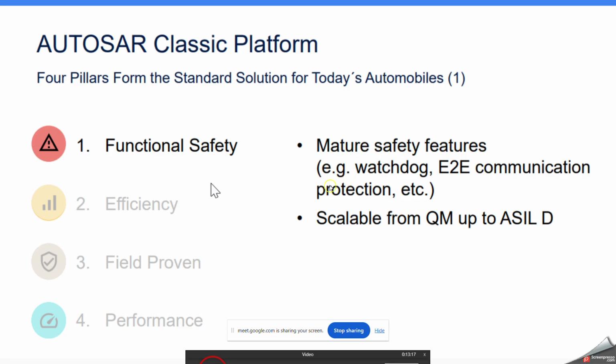We have a watchdog, we have memory protection, so that the external world cannot directly communicate with our ECU. So there will be no hacking or other issues if you are using this classic platform, because it is end-to-end protected. It's not like if we know the IP address or the ECU diagnostics address,